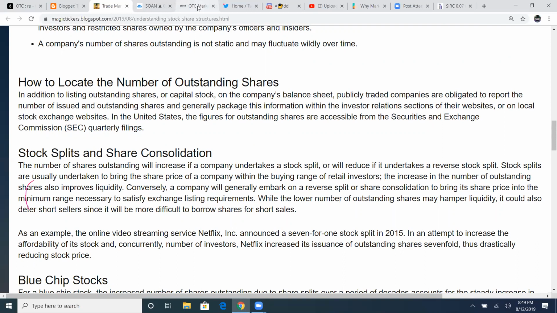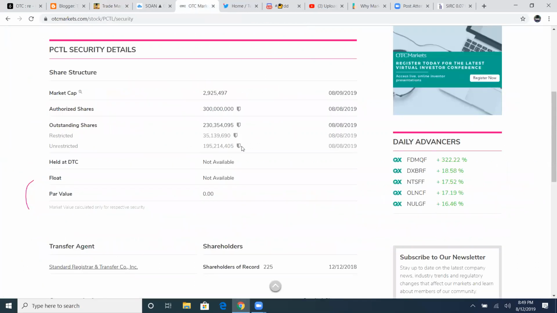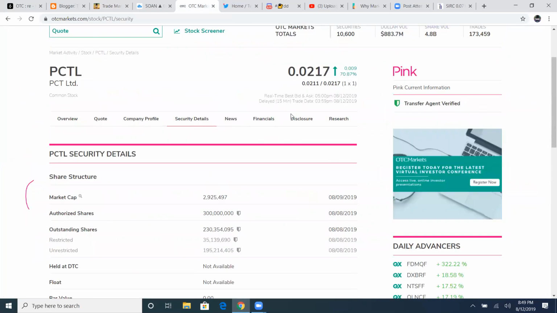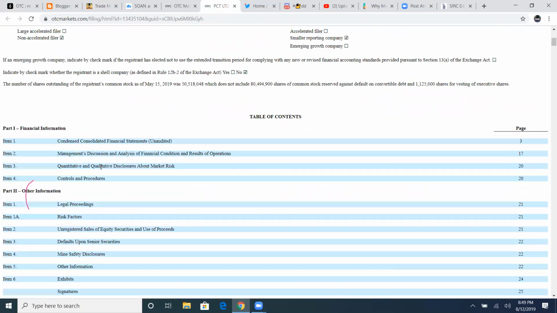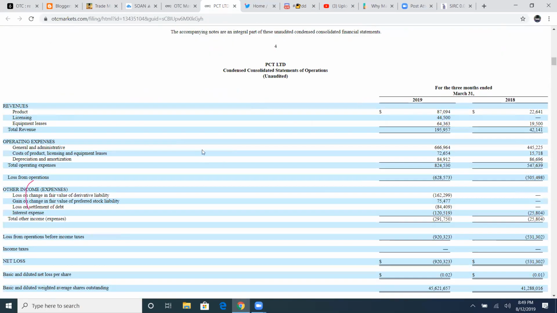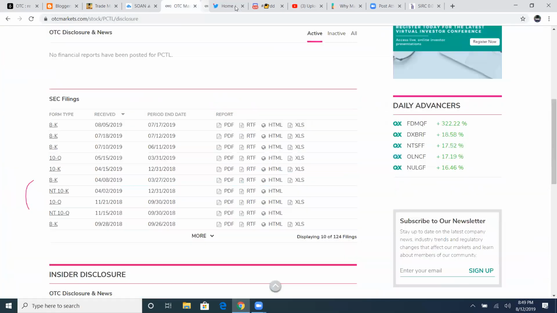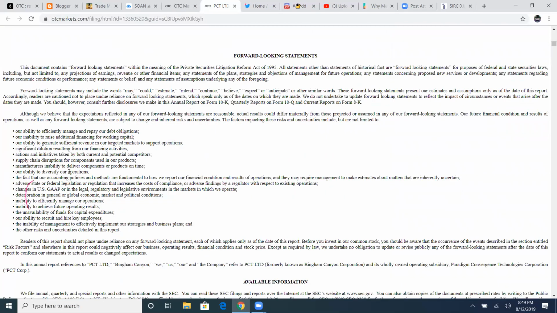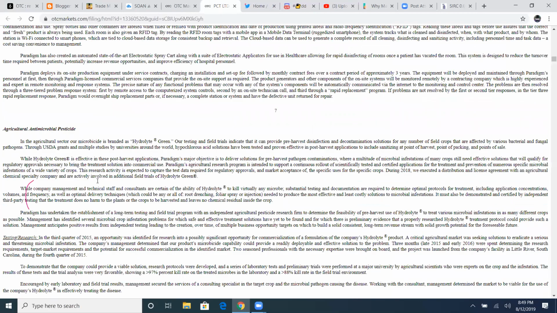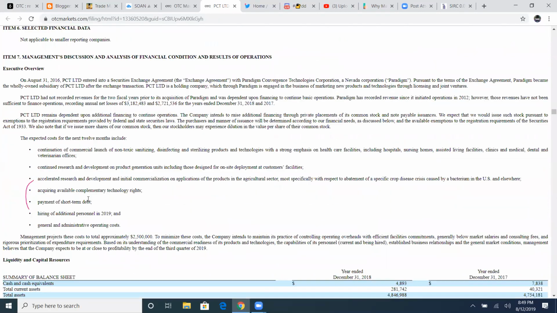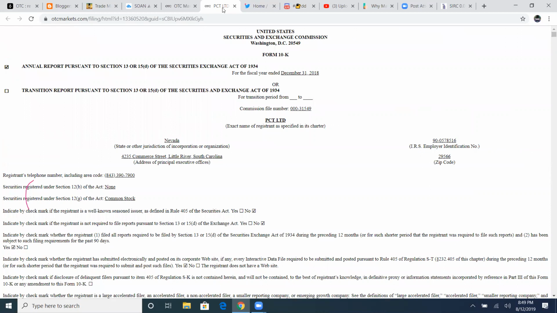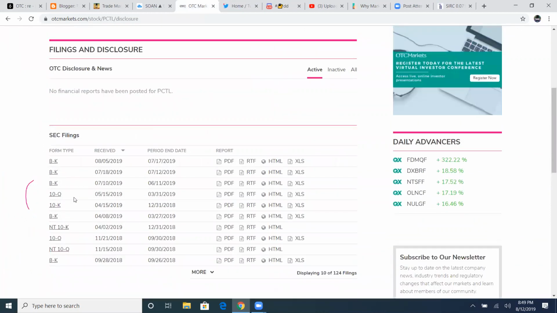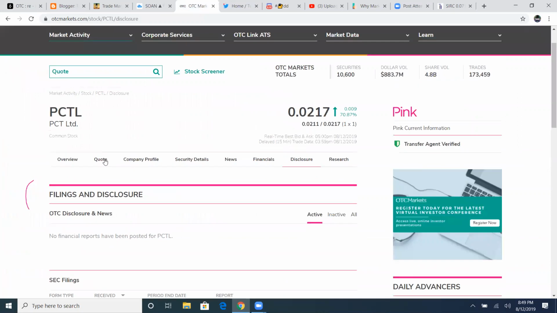So let's say you go to a company page here and this is not updated, okay? You see nowhere that this is updated. It's always good to go back to their quarterly filings and try to find this information updated. Of course, you're going to have to read through it here and find them. But also, I think they may post them in 10Ks as well. I'm not going to read through this long thing to find it. But yeah, going through their filings will find you those shares as well if they're not updated,